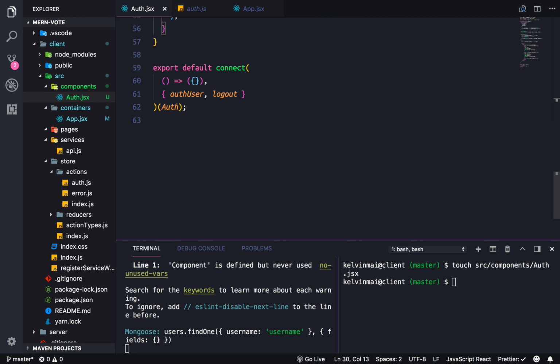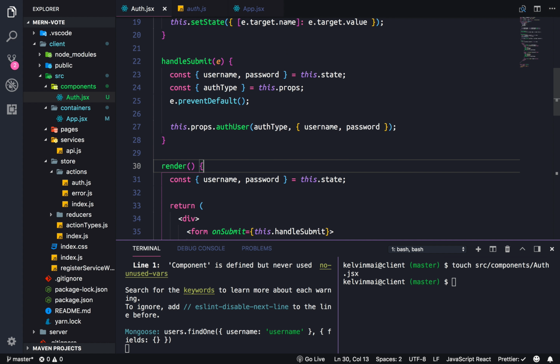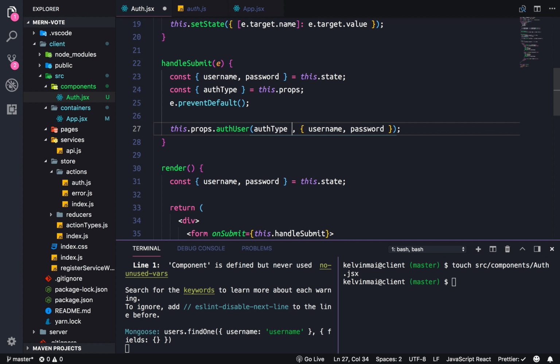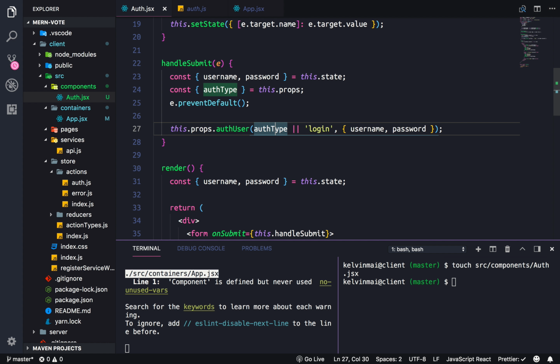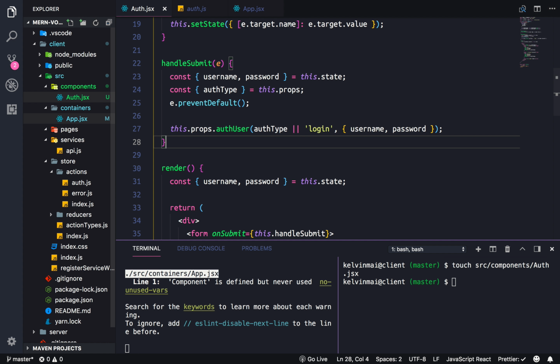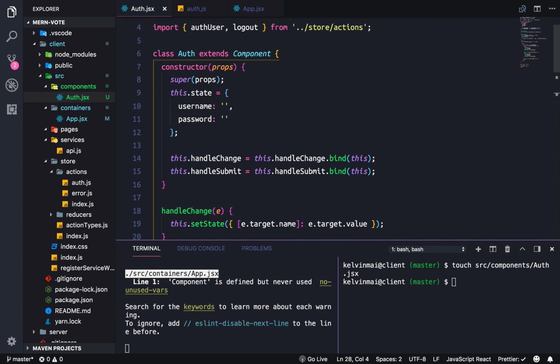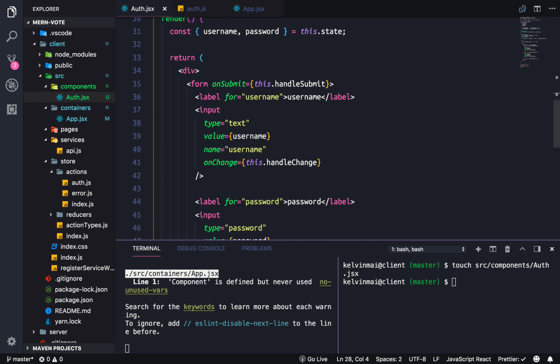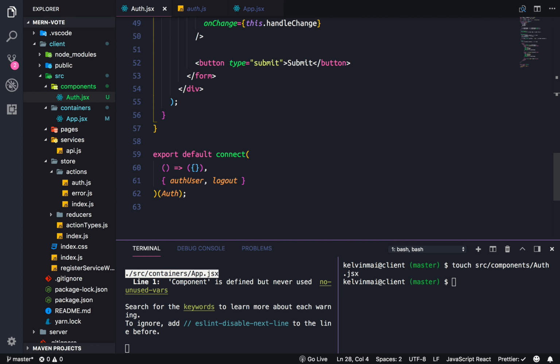And I'm actually going to change this up. So what this means is that if there's no authType property being sent in, it's going to default to login. So there we go. Yeah, I think that's